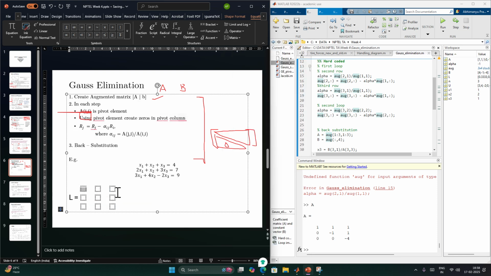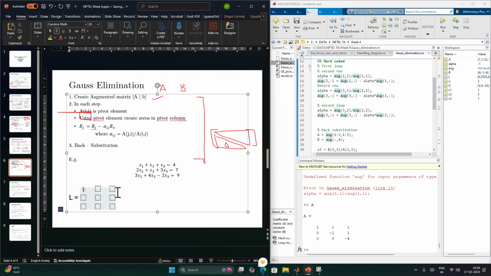Right. So for our case, this would be one, this would be one, this would be one,